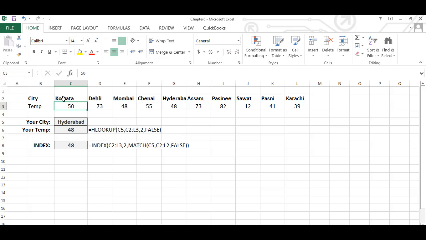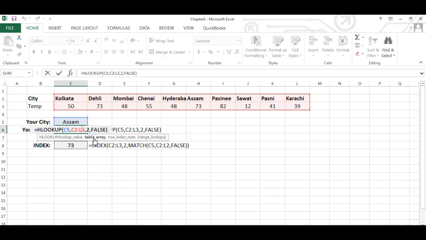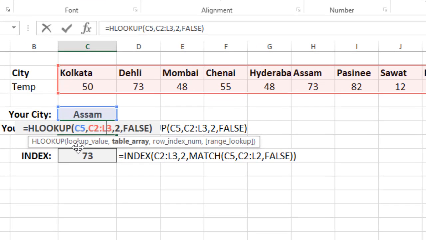If I select here Hyderabad, for example Assam, then I want the temperature of the city. With the help of this HLookup formula, HLookup C5, your city name is a reference from cell C5, and then this range is selected, C2 to L3, and then comma 2 because we want the value from the second row,